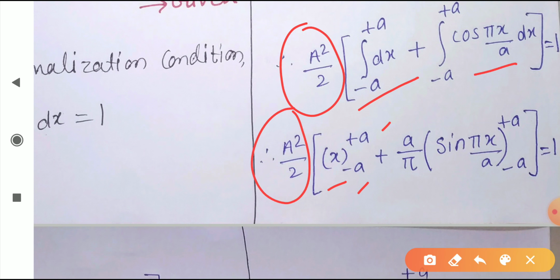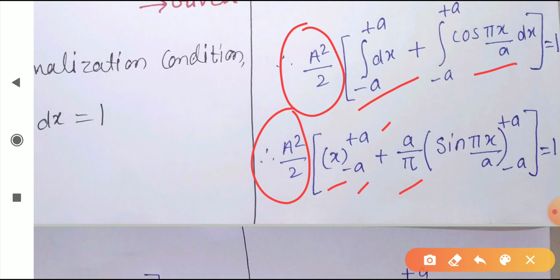When we do the integration of this, what I will get is a/π outside, because in the division we are getting π/a. So if we write it in multiplication, we can write this with a/π. If you don't know how to do the derivative, you can comment in the comment section box, and I will make a video on how to find derivatives. Because now it is an MSc topic, I hope all of you know how to find the derivative, so I'm going directly to this step. But if you get any doubt regarding this, you can ask me, I will solve that problem.